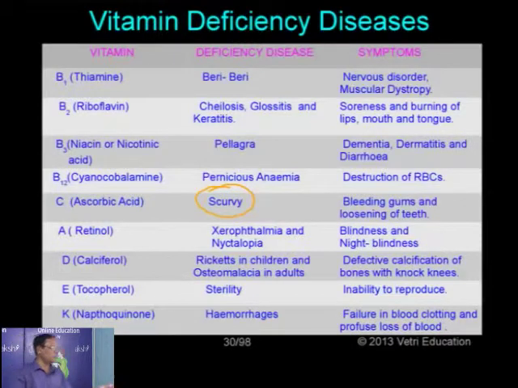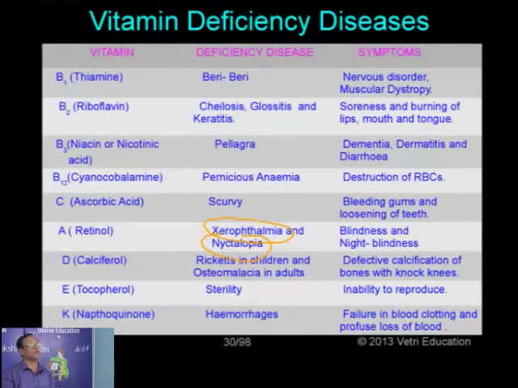That pigment is responsible for seeing objects at night time. So we have a number of disorders. Number one, xerophthalmia, complete blindness. Nyctalopia, night blindness: the persons are able to see objects only in light but cannot in dim light. In twilight vision they are unable to see the object. That is called night blindness, nyctalopia. We also have keratomalacia. So many disorders are related to this vitamin.